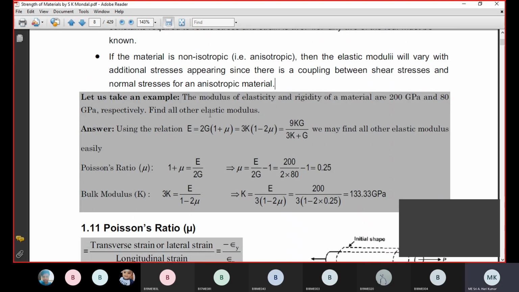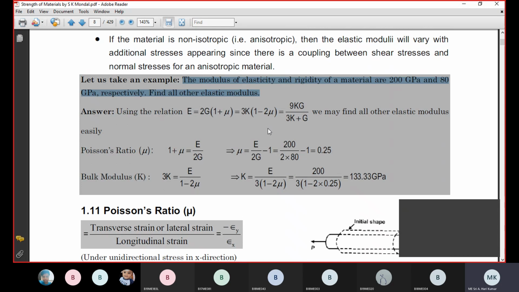Now this is a simple example. I'll just throw some light on it. I've seen this question in one of the papers, way back in 2015 or 16, but this was asked maybe in the last 3 years. This formula is used many times when we get into principal stresses problems, or strain rosettes. We may not get direct questions on these relationships, but we might have to use them somewhere or other in solving the problem.